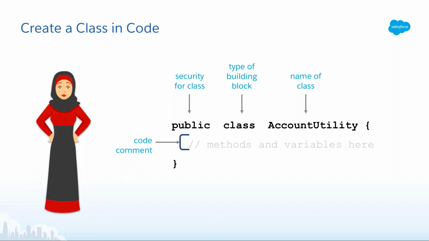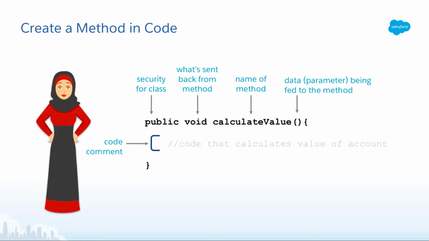Whenever we see two forward slashes, like we do here on line 2, those are code comments, and you want to see a bunch of that in your code when you go into your org, because that is going to be describing in plain language what your code is doing. Cool, so we've looked at how we would create the class. Let's look at some code that would live inside your class.